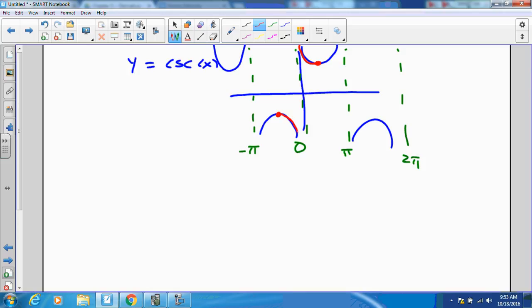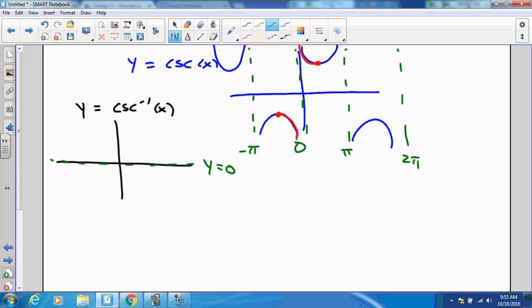And so I'm going to have to take a branch that has all one side of derivative, and that branch is going to be across from negative pi over 2 to positive pi over 2. So that y equals inverse cosecant is going to have a horizontal asymptote y equals 0,